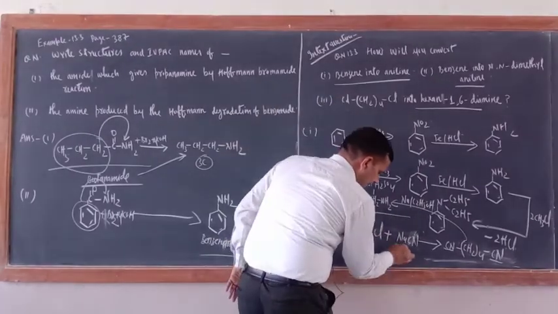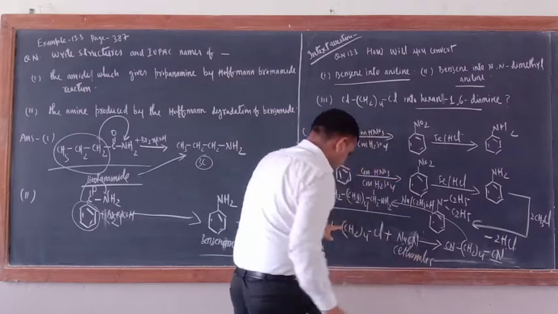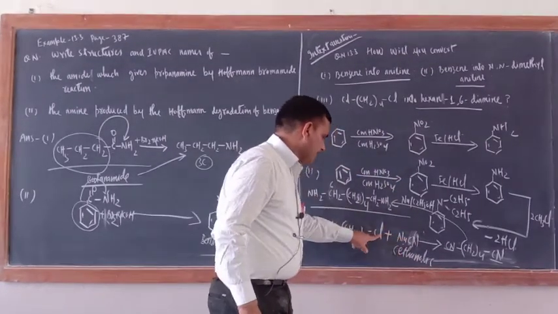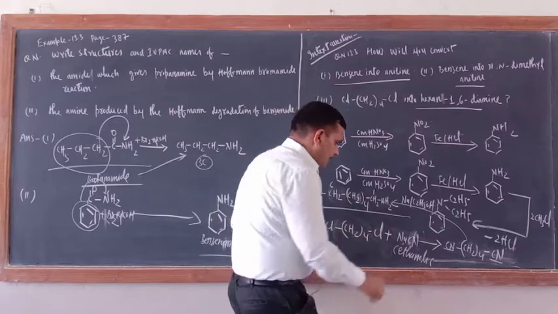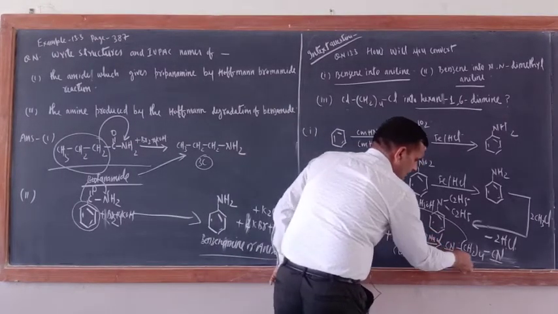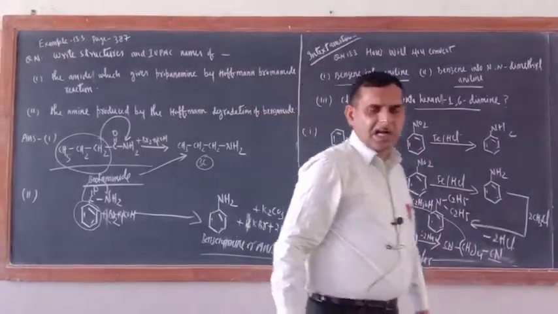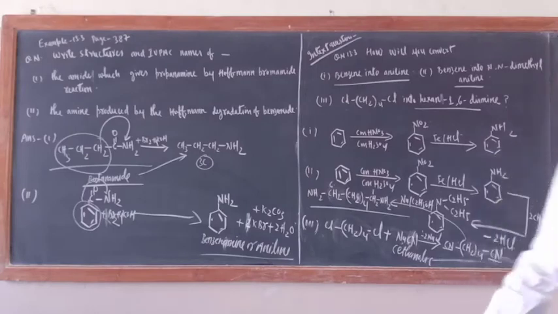This is ethanolic. Okay, so this should be reacted with NaCN. So instead of Cl, minus 2 NaCl will come out and CN will be bonded. When CN is subjected to reduction, you will get this one. Over, all in-text exercise is over. So I hope that you have got this one. Easy way, easy method.